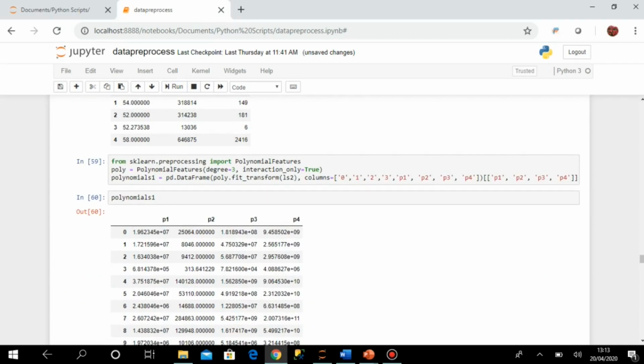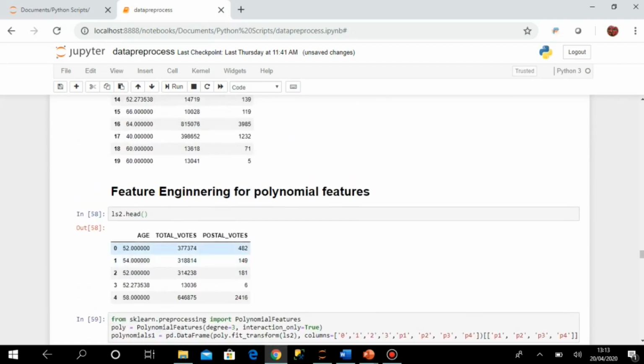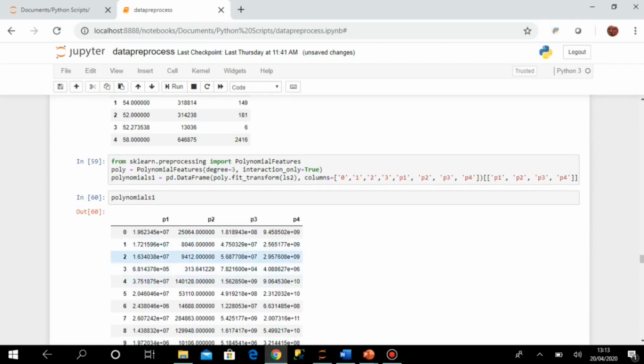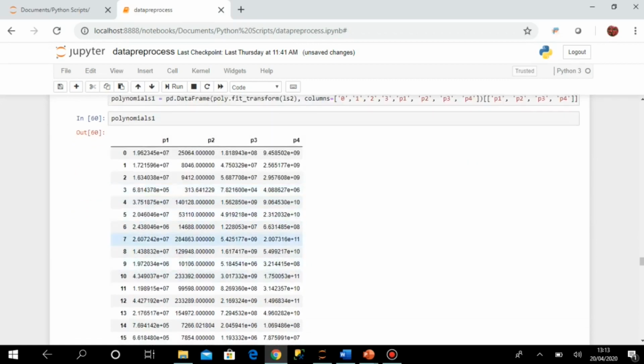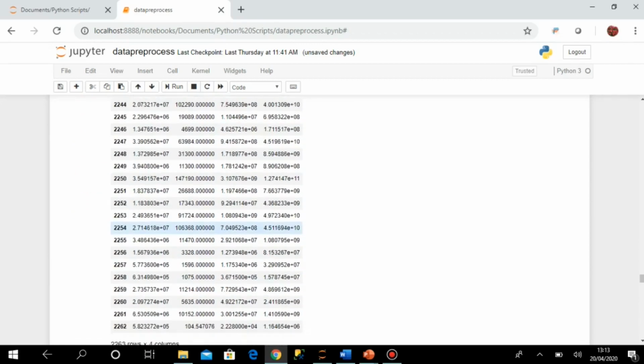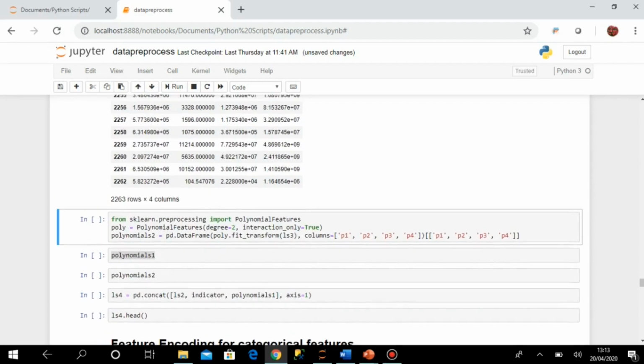It is actually the combination. p1, p2, p3 are something like age into total votes, total votes into postal votes, postal votes into age, and age into total votes into postal votes. These 4 things we have only taken, not the other ones. So that way this is generated. For all these 2263 records, these 4 columns are generated.